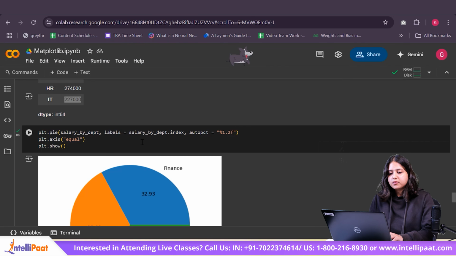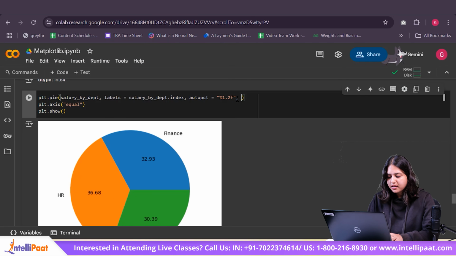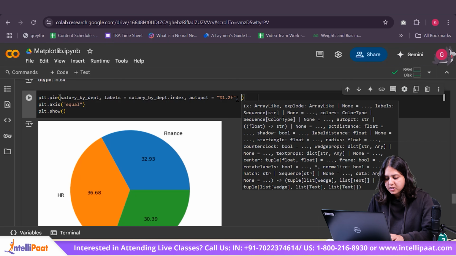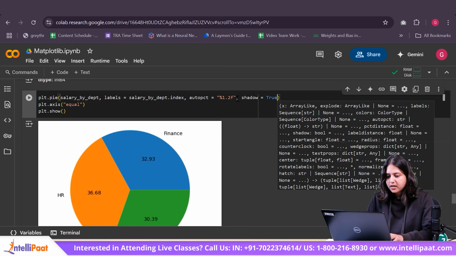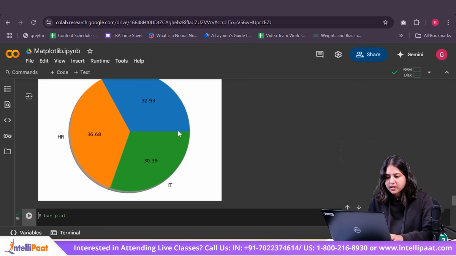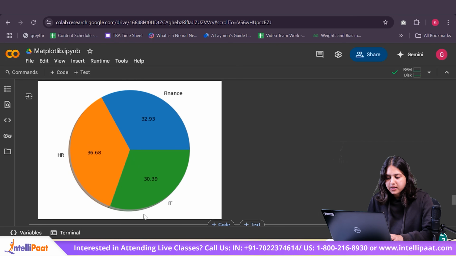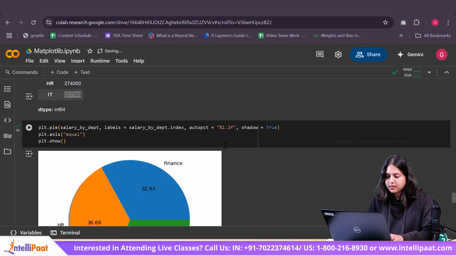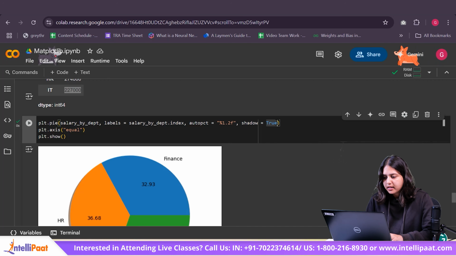Okay. Also, another thing that I missed over here is a few parameters in pie chart. So over here, there's something known as shadow. If you want to give these effects to your pie chart, you can simply say shadow equal to true, and over here you can see a shadow like structure has been created below your pie chart. Okay, so it kind of gives your image a 3D effect, right?